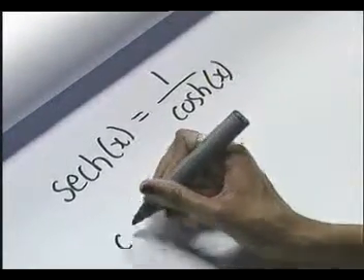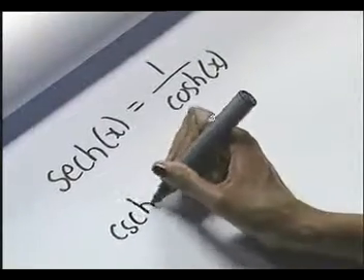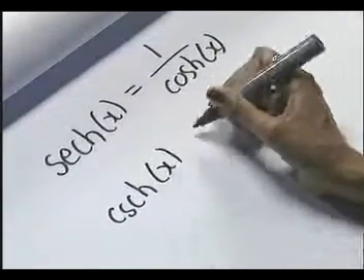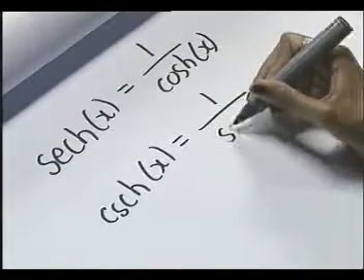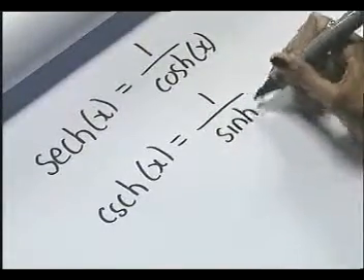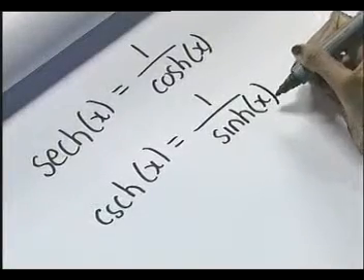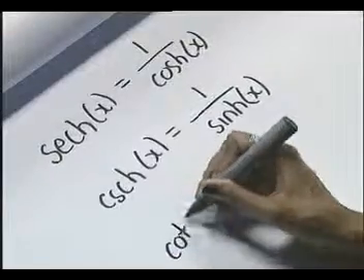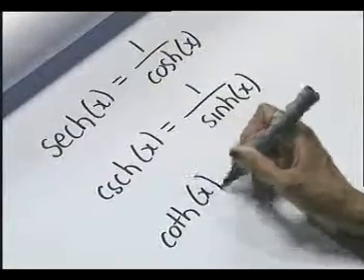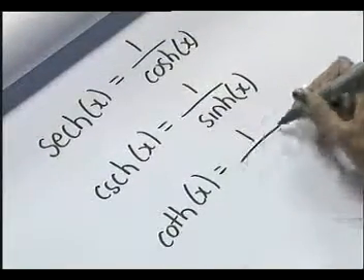There's cosech of x, which is 1 over sinh of x. And finally, there's coth x, which is 1 over tanh